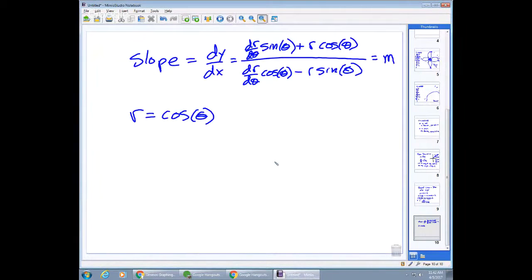To do that, we need to first consider the point we're at. And the point we're at is r, theta, and we usually use a semicolon. Theta was pi over 6, and the cosine of pi over 6 is the square root of 3 over 2. So that's the point we're going to try and find a tangent through. In order to do that, I'm going to need to calculate the slope. And so the slope is this. So I need dr d theta first,